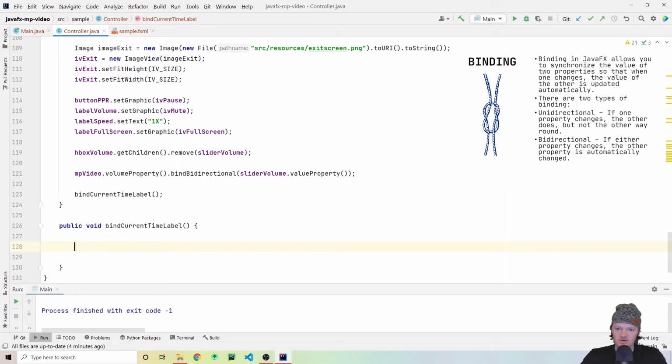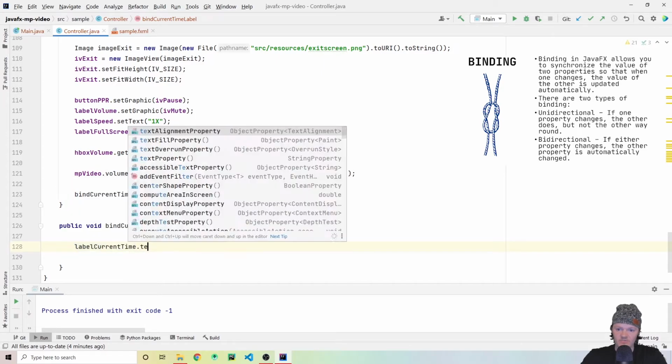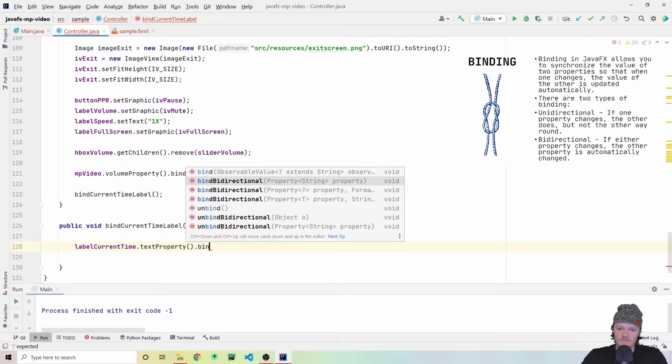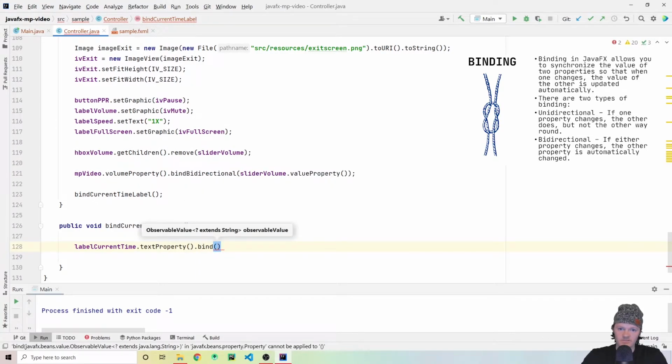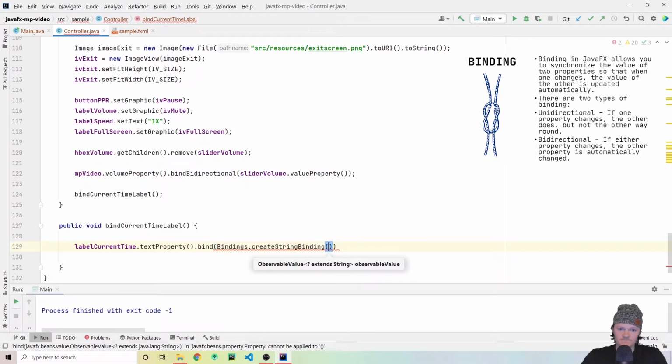It also doesn't accept any arguments, and this function will not return anything. All it will do is bind the text property of our current time label to the current time property of the media player. To do that, with our label of our current time, we want to get the text property from that, and bind it with Bindings.createStringBinding,